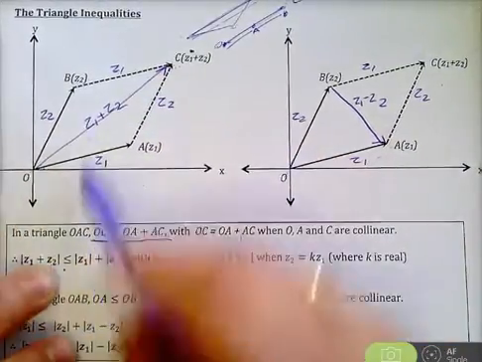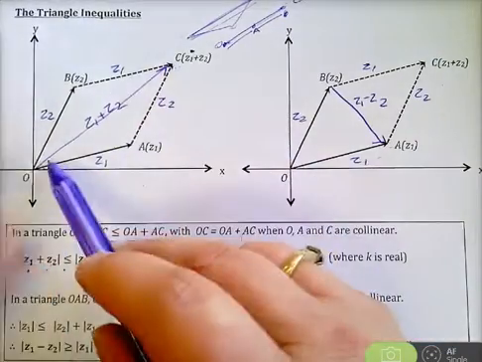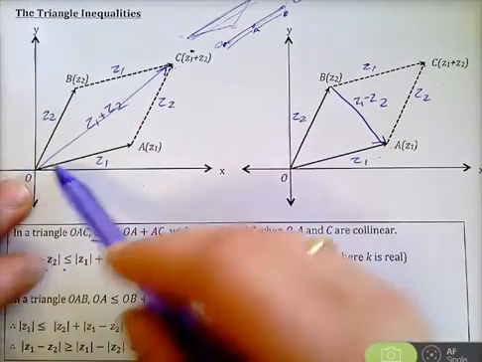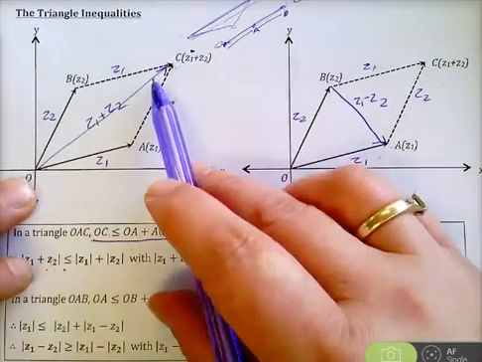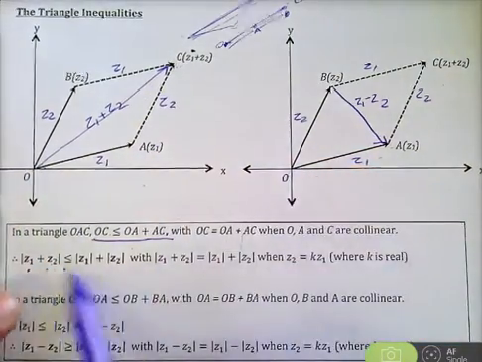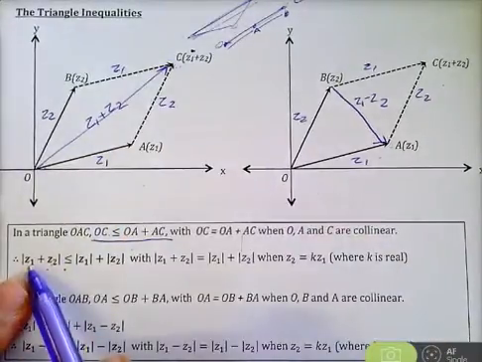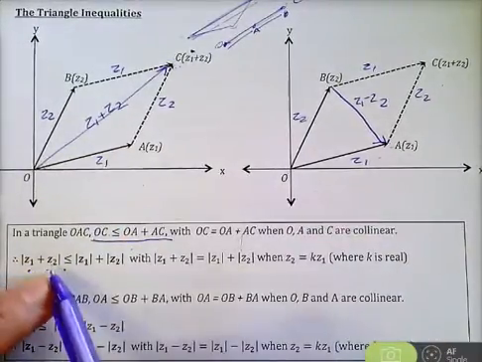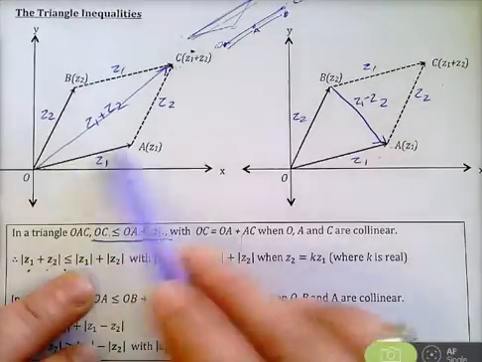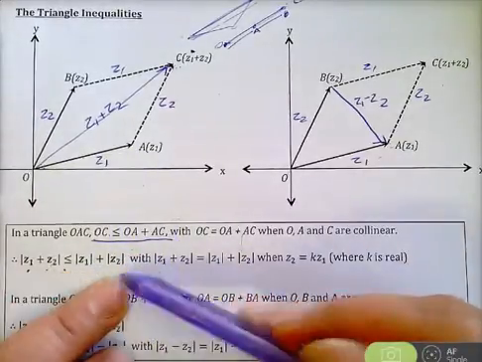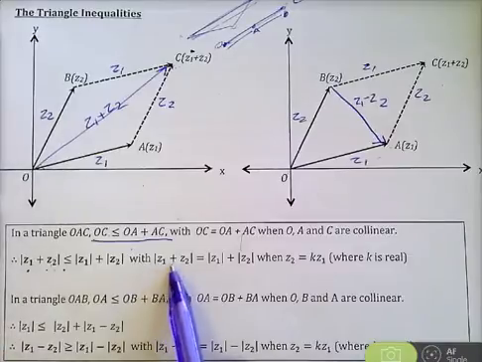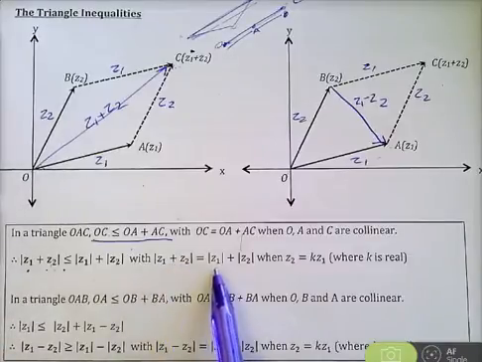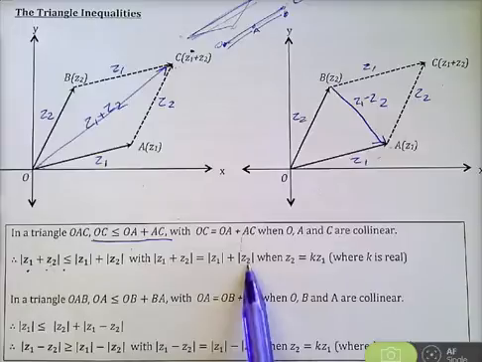This side has to be less than or equal to these other two sides added together. It will be equal if the triangle's flat. Okay? So, replacing OC with its length, the modulus of Z1 plus Z2 is less than or equal to the modulus of Z1 plus the modulus of Z2, with the modulus of Z1 plus Z2 equalling the modulus of Z1 plus the modulus of Z2